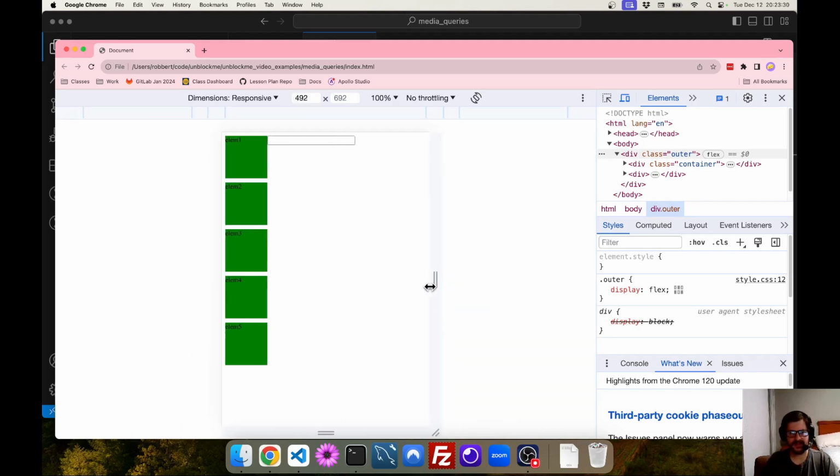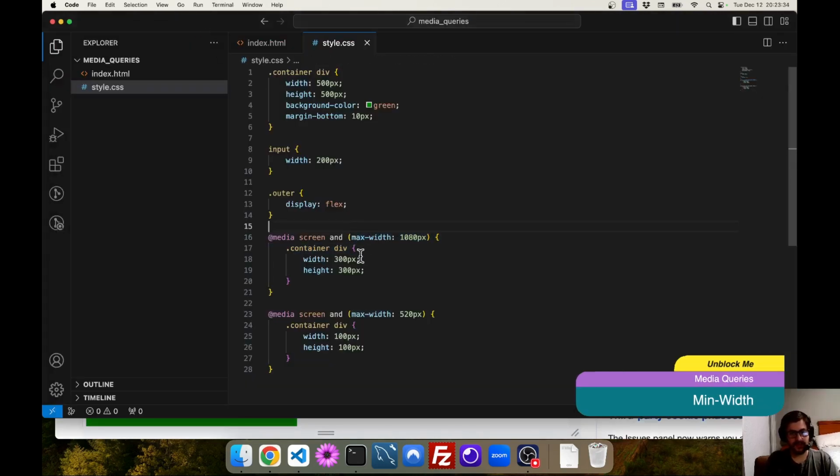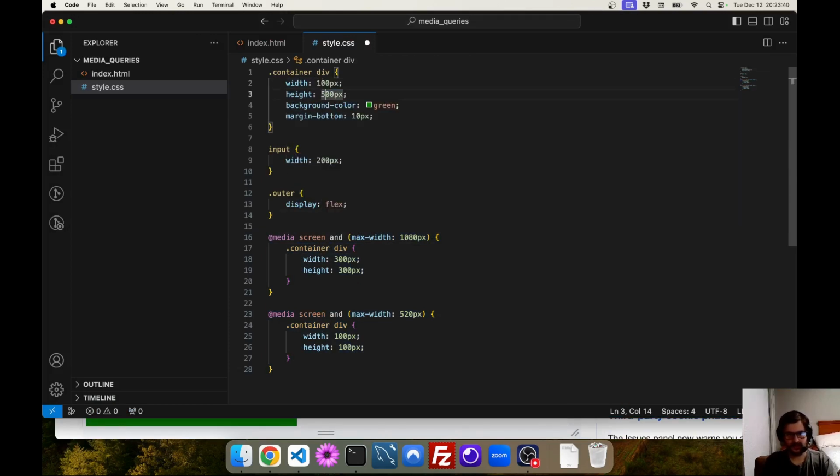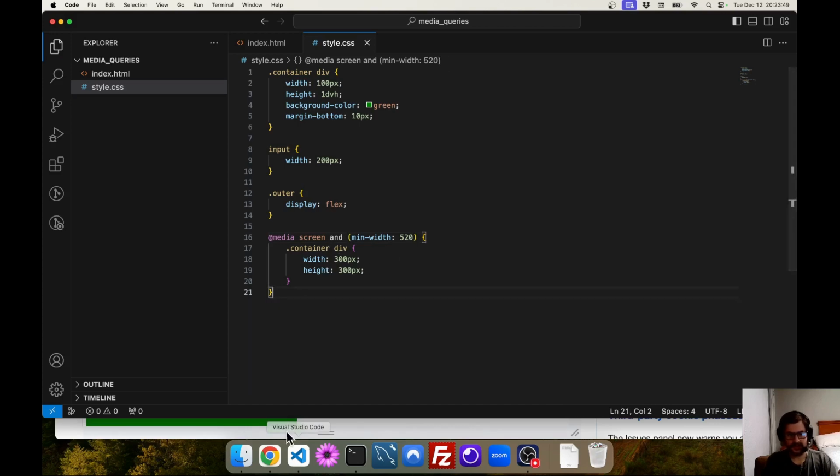So yeah, that's essentially what this is for. Max width, there's also min width. So if I want to do this the other way around, maybe I start from 100 and then I would say min width 520, and I'd set the width to 300. And then at that point,